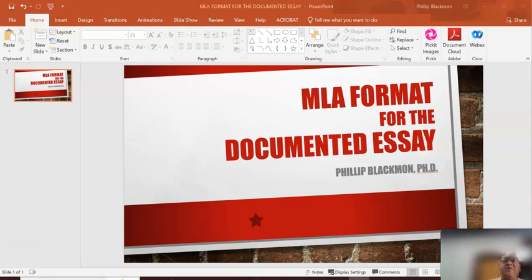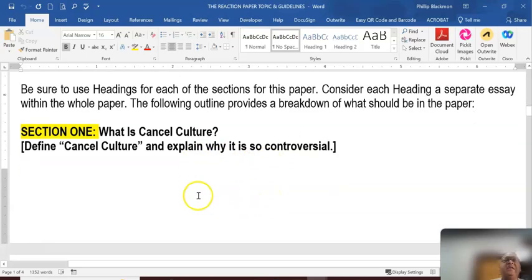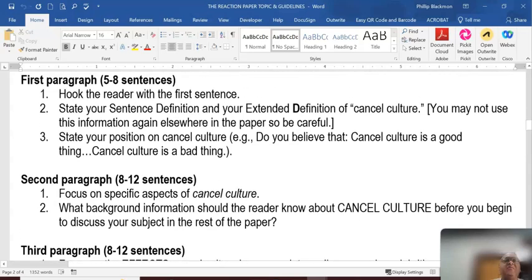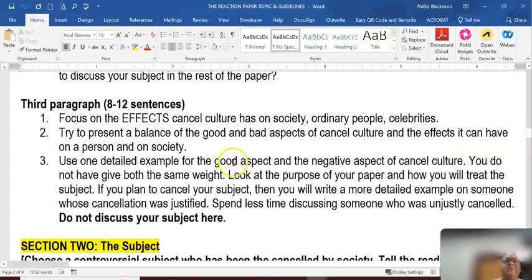So let's start. The first thing we're going to do is look at the topic. The topic for this paper, of course, you're writing on cancel culture, and you have to do some things. You have to define and explain what cancel culture is. You have to tell me why it's so controversial. The paragraphs that I have here, you have to give definition. You have to give me history, background information on cancel culture. Focus on the effects cancel